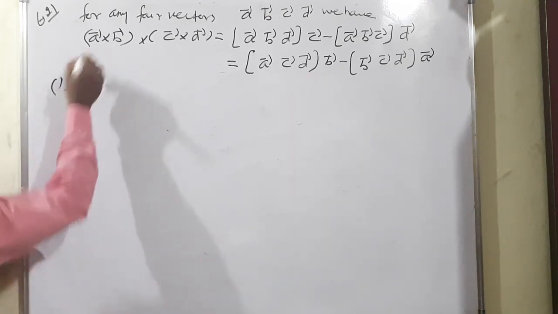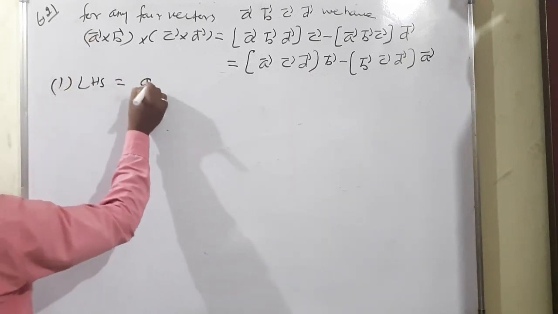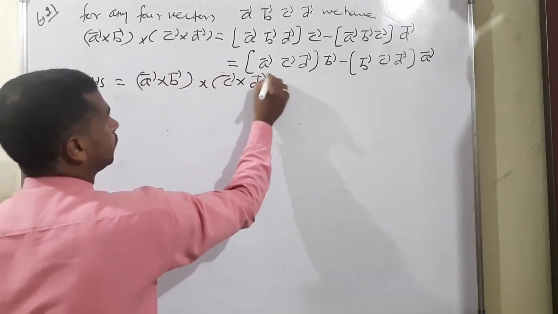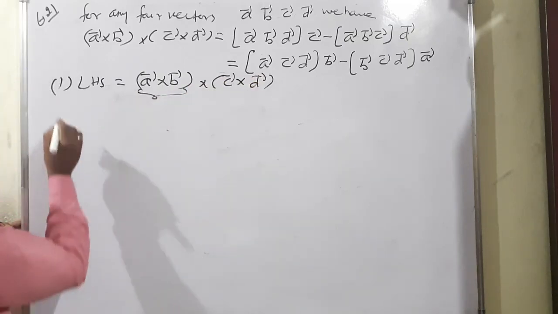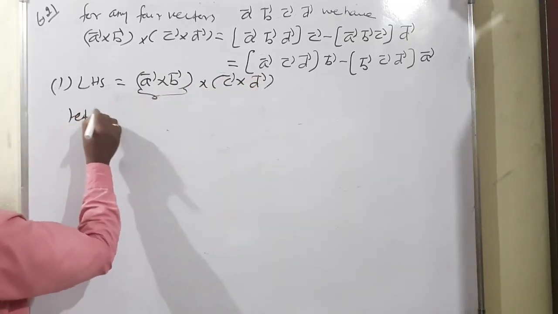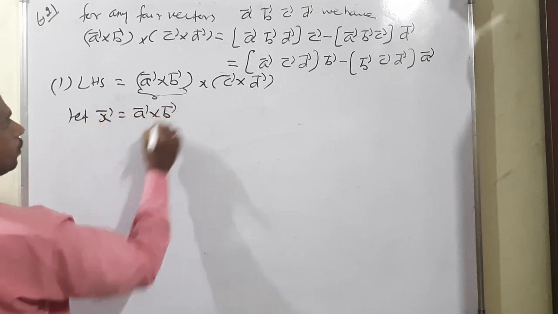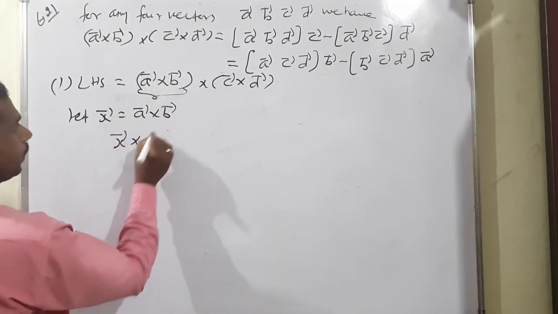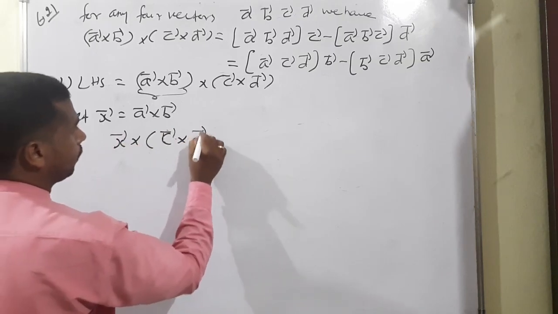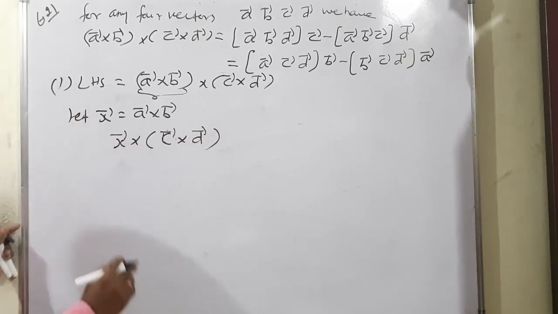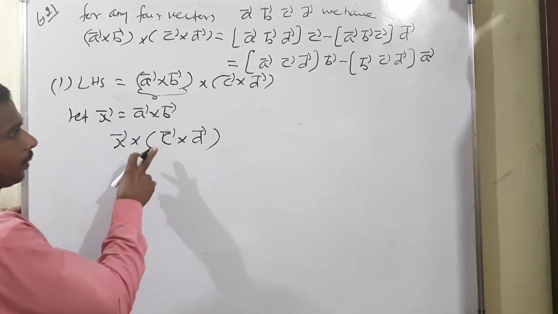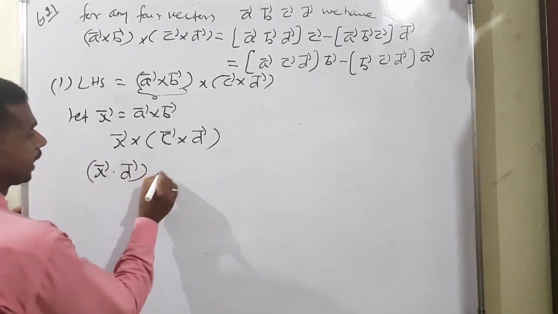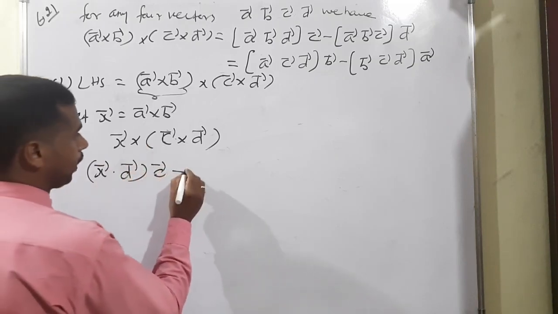Condition number 1: consider the LHS. What is the LHS term? (A vector cross B vector) cross (C vector cross D vector). Okay, for the first term, let x vector be equal to A vector cross B vector. Instead of A vector cross B vector, we can apply x vector. Therefore x vector cross (C vector cross D vector). Now what will happen? According to the vector triple product expansion, first we have to skip C vector. Therefore x vector dot D vector, outside the skipped vector, that is C vector,